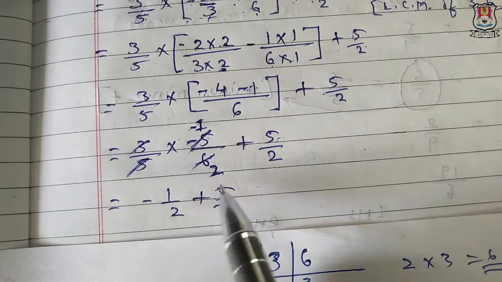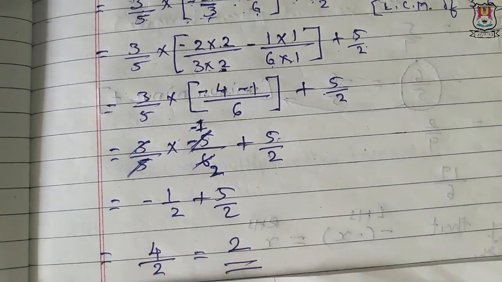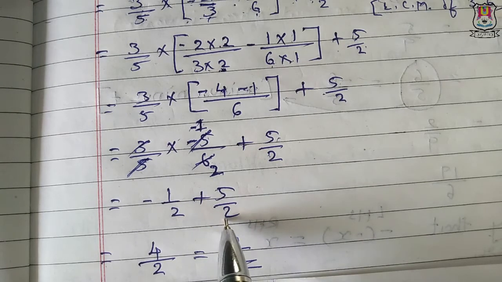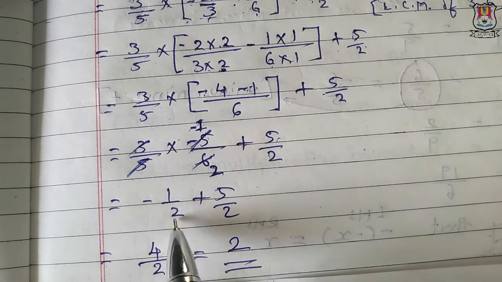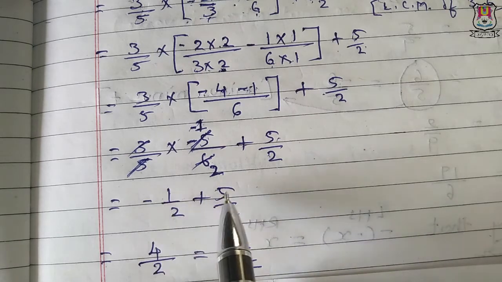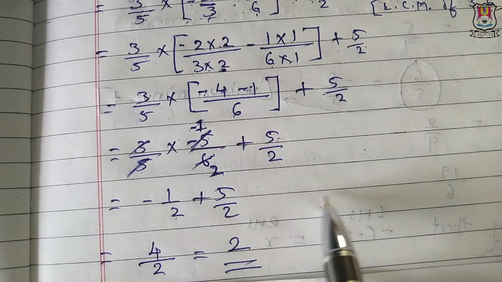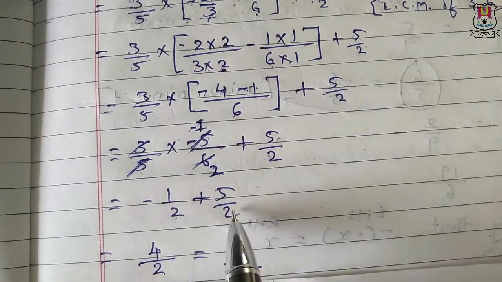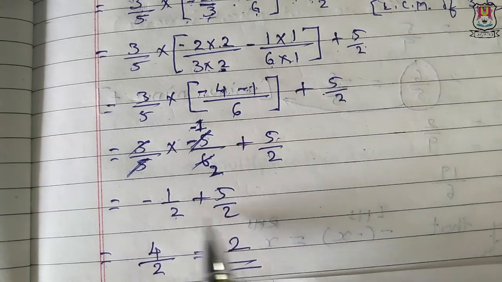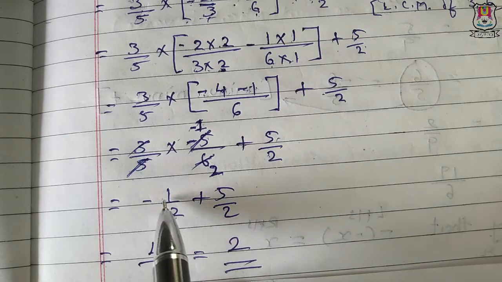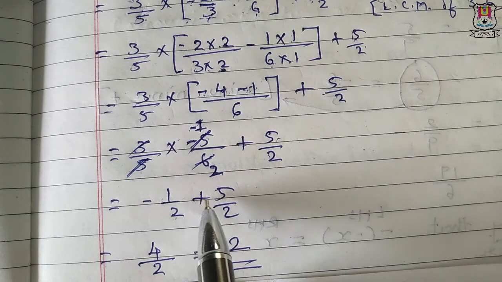Minus 1 upon 2 plus 5 upon 2. Now if we add, see, both the numerators are different but both the denominators are same. Minus 1 plus 5, this is over 2 and 2, so we don't have to find out the LCM over here because both the denominators are same in the rational number. So minus 1 plus 5, minus plus is going to be minus, and 1 is minus, 5 is plus, positive.